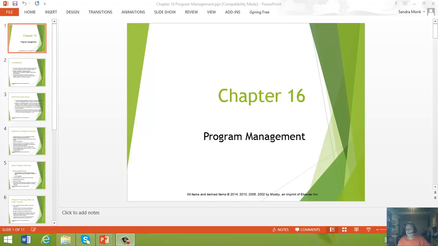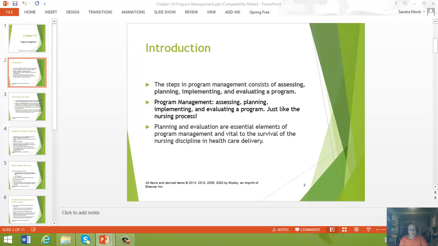Chapter 16, Program Management, Sandra Monk. The steps to program management consist of assessing, planning, implementing, and evaluating a program, just like the nursing process. And planning and evaluation are essential elements of program management, and they're actually vital to the survival of the nursing